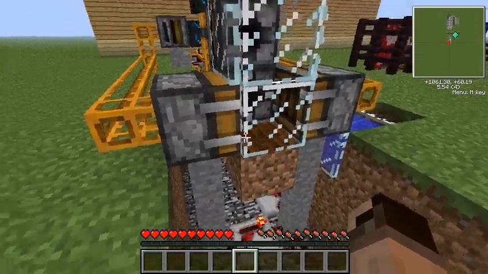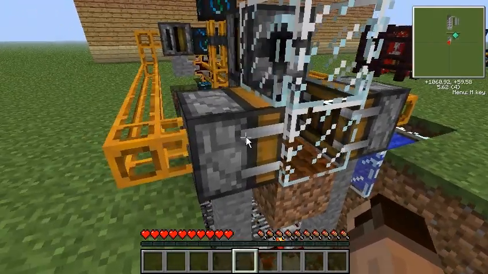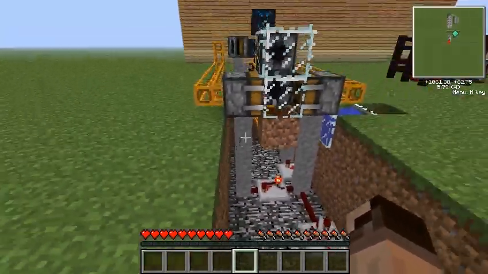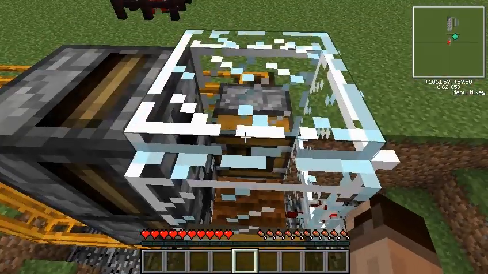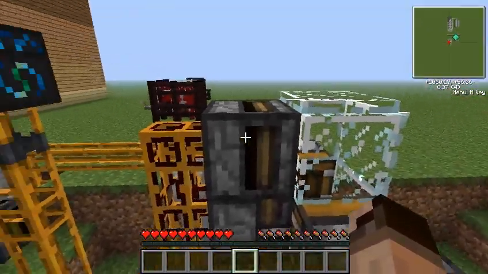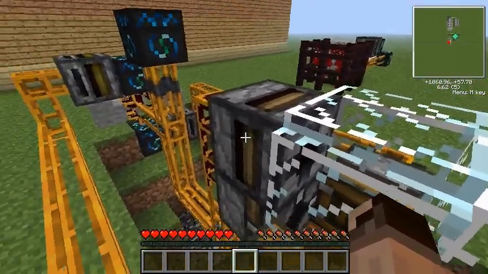We have here the tilled soil where the flax seeds are going to be put. In this deployer we have the bone meal. In this deployer we have the flax seeds. Okay, and basically after the seeds are put in there, they are bone mealed. This is a block breaker underneath, and this is a transposer. Okay, so the block breaker breaks the first block of the flax, and then the transposer